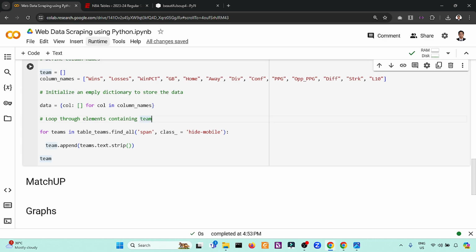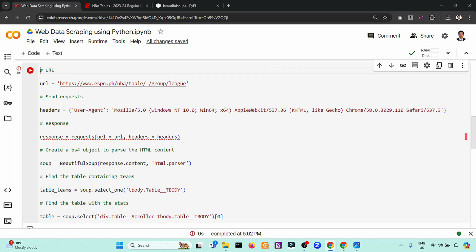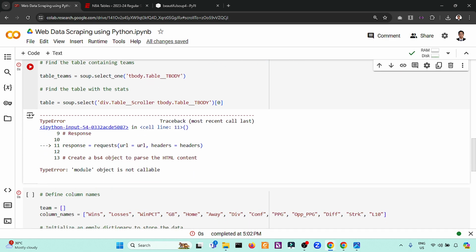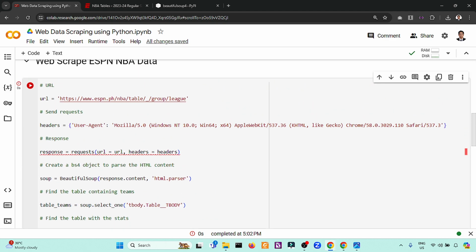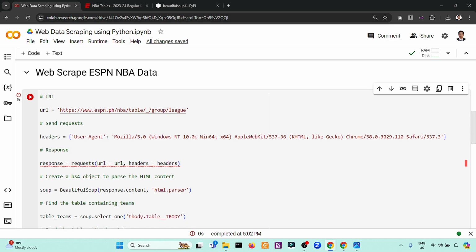Okay. So to test this one, so let me see. So team. If I run this one, we have an error here. So we have a URL. So let us check this first. So module object is not callable. So we have a specific header. So let's see. Let's debug this one.